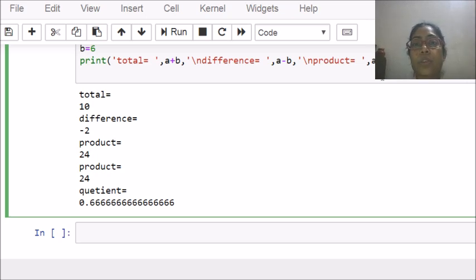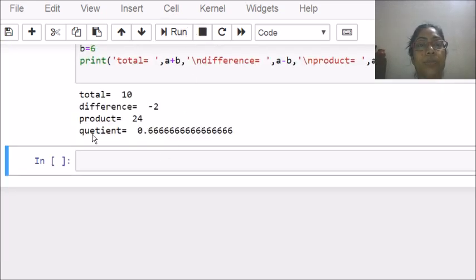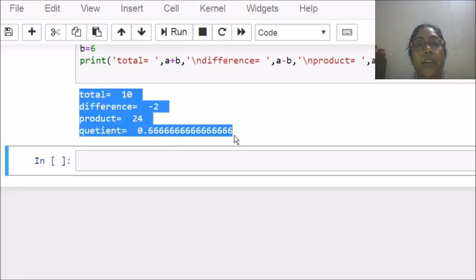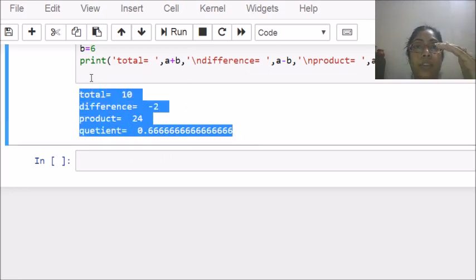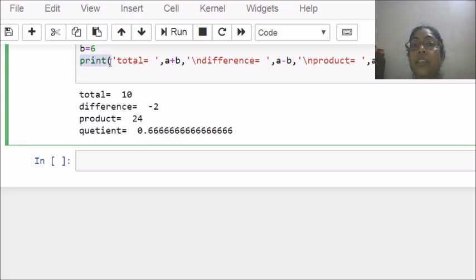And also notice one thing, new line character is always inside the quotes. It is not going to be written outside quote because it is called a character, new line character. It must be inside quotes. So let's run the program now. This is how you can create output in various lines using a single print statement also.